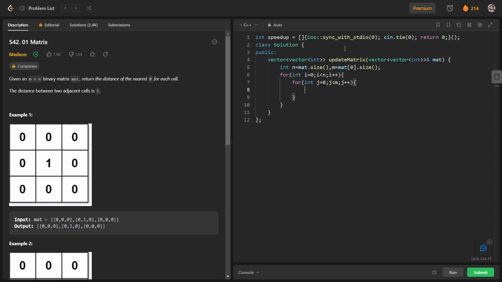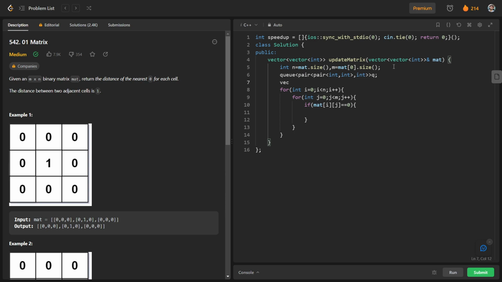Okay, so if mat of i and j is equal to 0, what we'll do? Basically we will have a q, a queue of pair of int and int, and again int. So basically we are having 3 members. And again we will have a distance with us. So a distance vector.